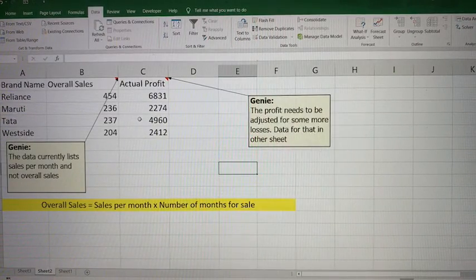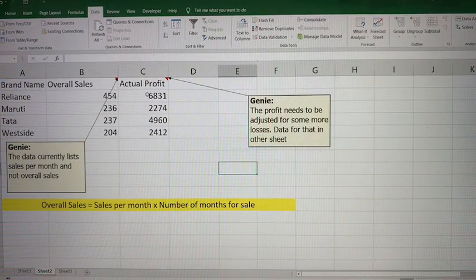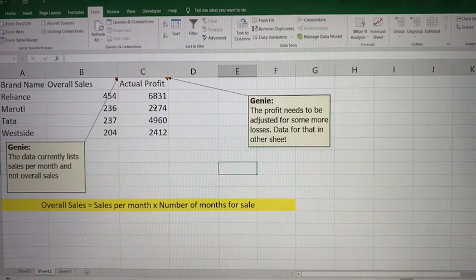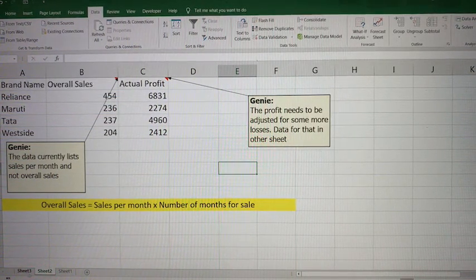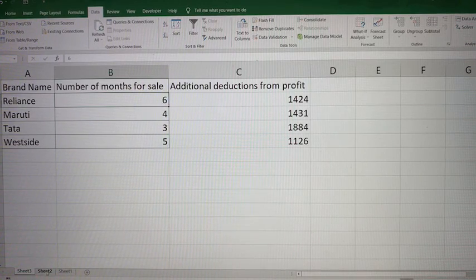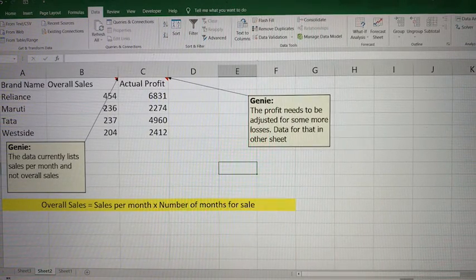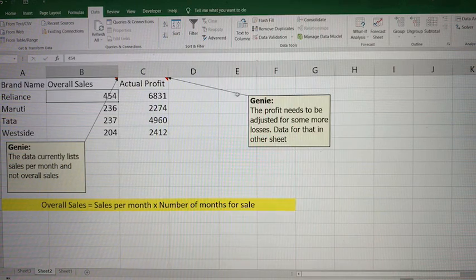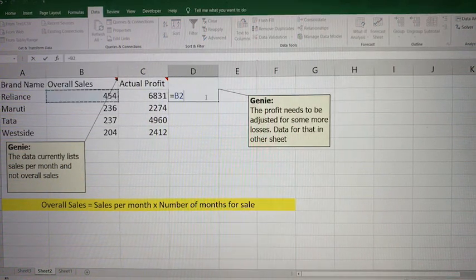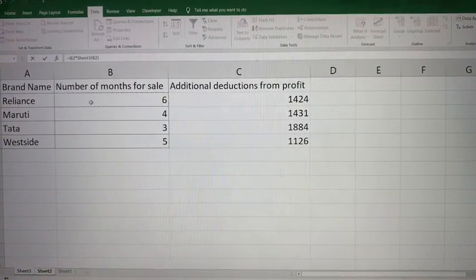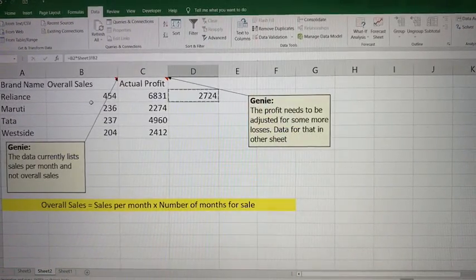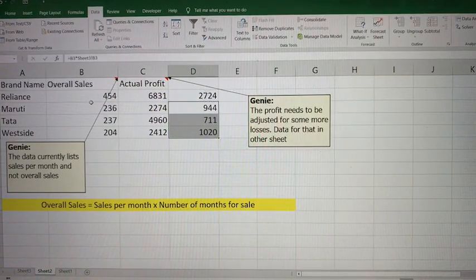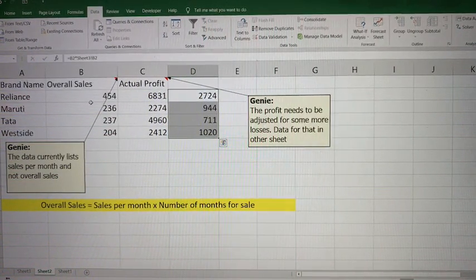Similarly, these brands have determined that these profits need to be adjusted for some of the negative values here, and these are present here. Now there are two ways in which you can rectify this. One way is that I can put a formula in another cell. I can write it like this into somewhere like this, and I close the formula, then I copy and I get my value. This is one acceptable way of doing it. You can get the output value from here. But why do this when paste special can do it in a single step?